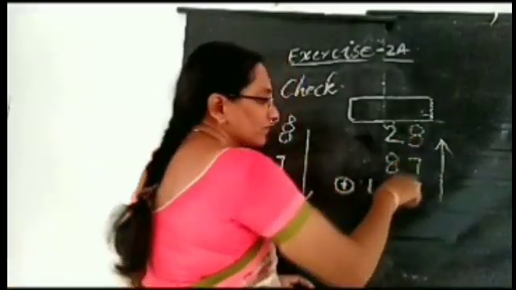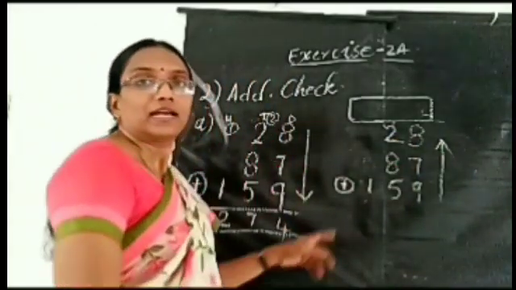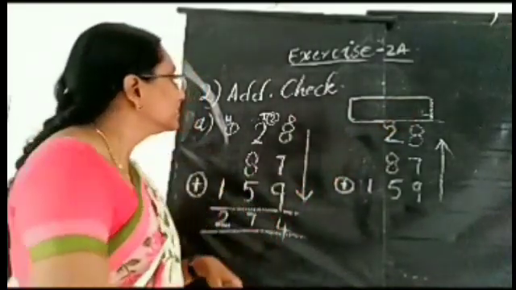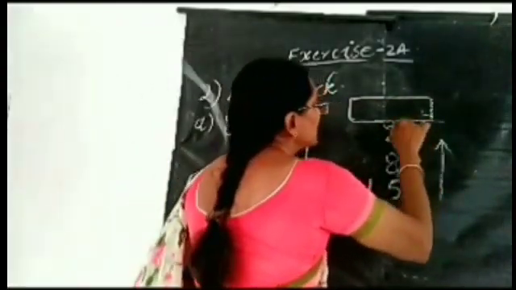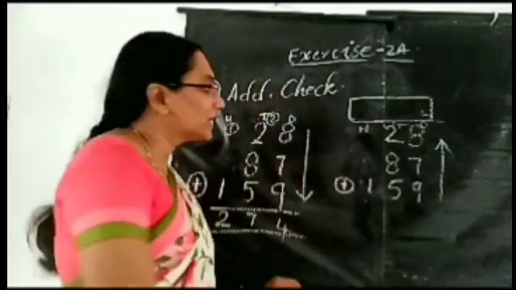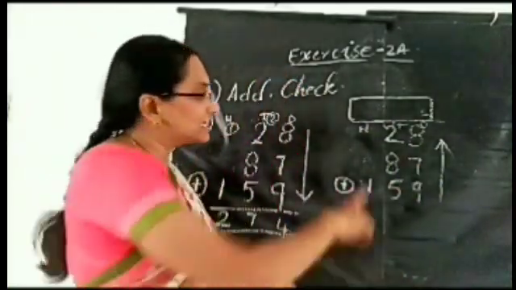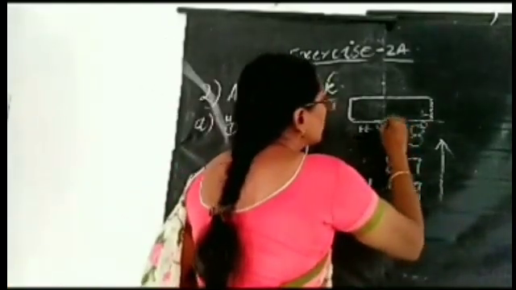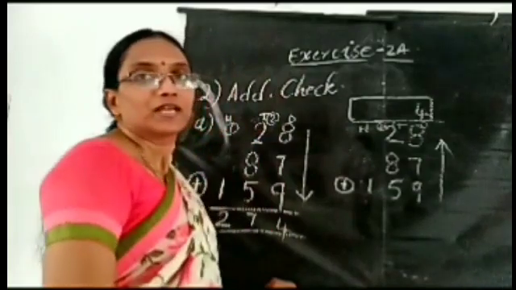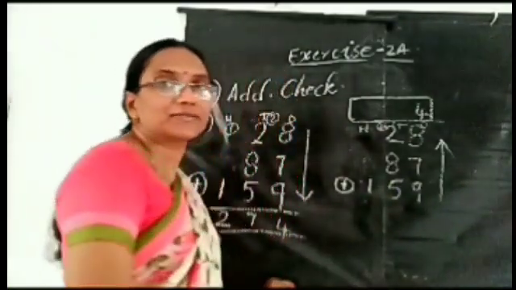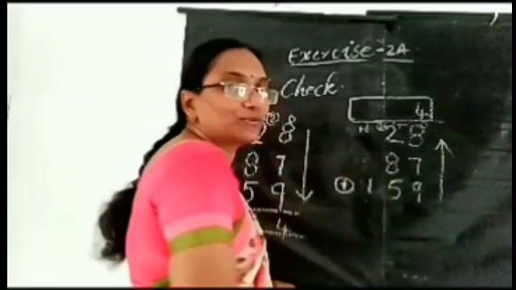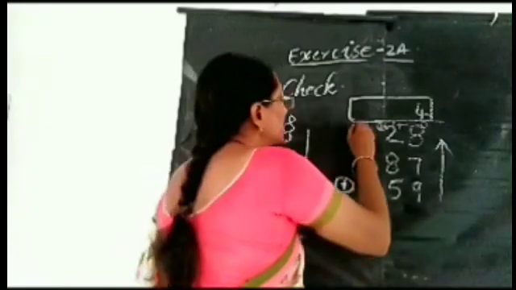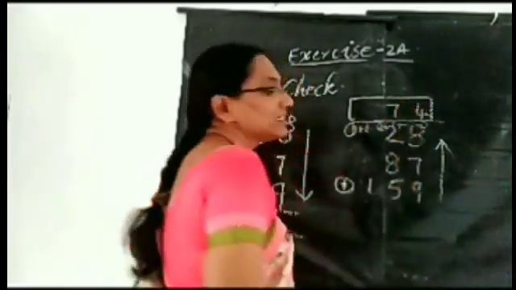See here. The same numbers arranged like this. Now we have to write the answer here. Now write the places first. Ones, tens, hundreds. Okay. 9 plus 7 is 16. 16 plus 8, 24. So 2 in the tens place, 4 in the ones place. Now come to here. 5 plus 8 is 13. 13 plus 2, 15. 15 plus 2, 17. Write 1 here in the hundreds place, 7 in tens place.